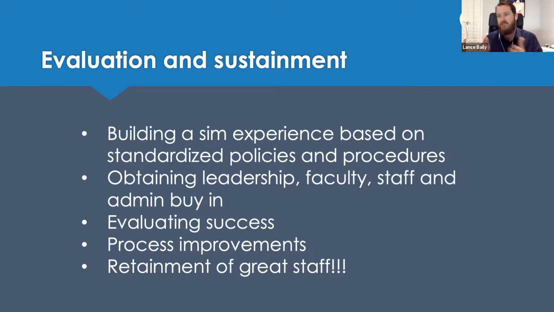Now, obviously, we've got to schedule these things. We can't just do it willy-nilly whenever we want. But the concept is building a space and a program that is ready to process requests for utilization, equipment pulls, scenario development, and then actual execution of the learning environment and the experience, and then to wrap up the debriefing, the technological changes that need to take place, the simulation experience, and then move the program forward in terms of program evaluation over time, right?